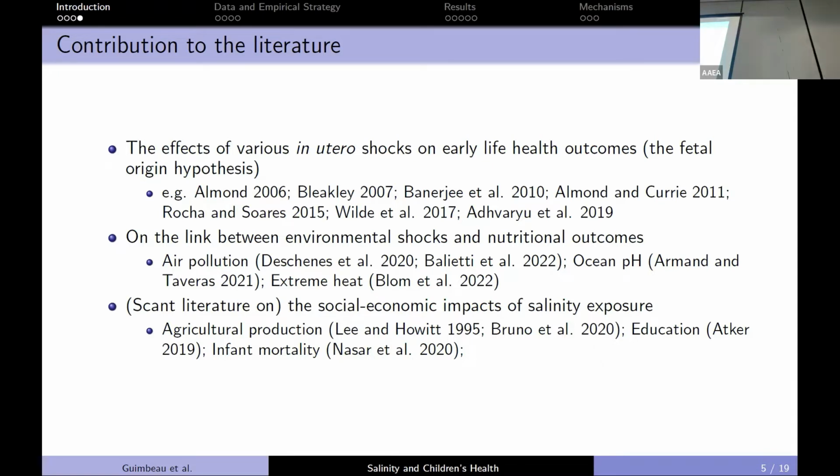essentially making children. So this literature usually focused on, there is a lot of research on the agronomy and agricultural production impact of salinity, right? But that doesn't really tap into the social outcomes. There are also two papers that we found, one on how salinity is affecting child's education, the other is how salinity is increasing infant mortality. Though in both of these studies, the mechanism is not very clear.